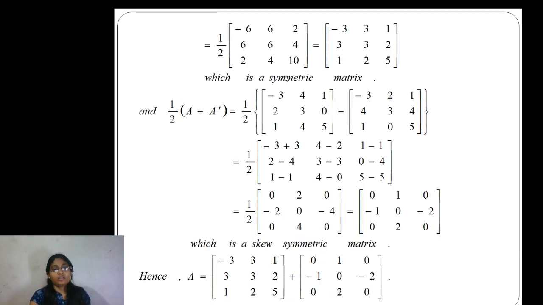নেক্সট দেখে নিই, দেখো 10 equals to হাফটা। এবার আমি এখান থেকে 2 কমন নিই, পুরো ম্যাট্রিক্সের প্রত্যেকটাতে 2 কমন আছে। সো minus 3, 3, 1, 3, 3, 2, 2, 1, 2, 5, সো হাফ আর 2 ক্যান্সেল হয়ে গেছে, বাকি যে ম্যাট্রিক্সটা আছে ওইটা। এবার দেখো হুইচ ইজ দ্য সিমেট্রিক ম্যাট্রিক্স, কেন দেখো aij equals to